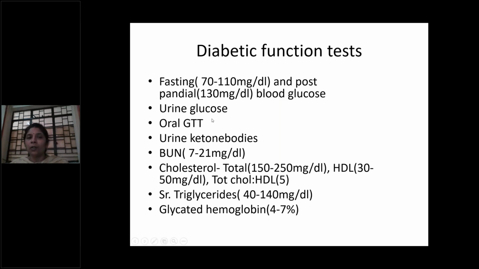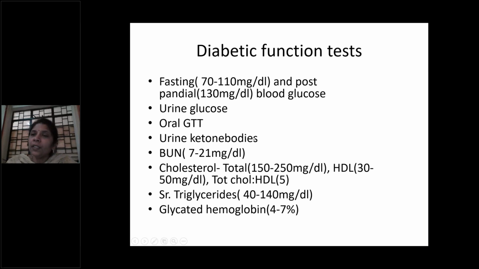Urine glucose is done. Which test is done for detection of sugar? We do Benedict's test. Again, urine examination will be told to you in detail. Oral GTT is done, especially when there is borderline diabetes. You give a dose of high carbohydrate of glucose and see whether he is going to have increased glucose levels at every half an hour. The peak will usually be at the end of 2 hours.